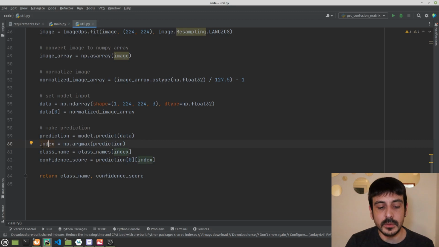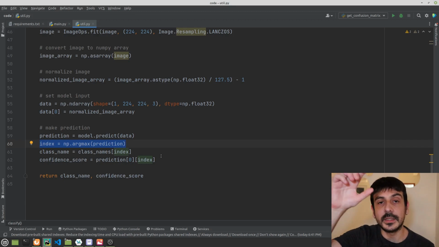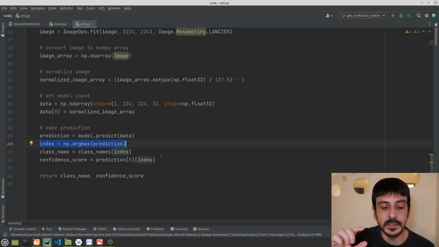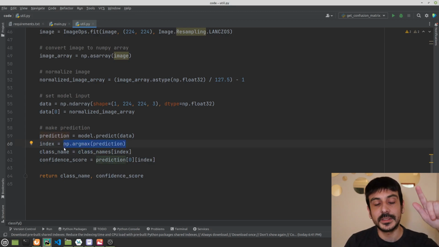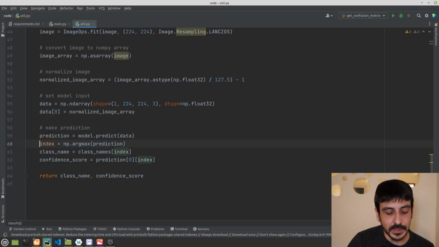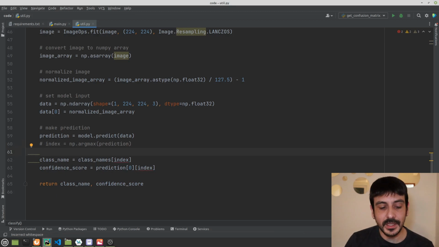The way we are currently getting the prediction is the way it usually goes, right? The way we usually do it is just getting the maximum number from the predictions vector. We are getting two numbers. One of the numbers is the confidence value in the pneumonia category, and the other number is the confidence value in the normal category, and we are just getting the index of the maximum of these two numbers, right? This is what we are doing over here, and this is the way it usually goes when we are getting a prediction. But this is not going to work in this case, because this is going to give us a very biased classifier. What we are going to do instead is this.